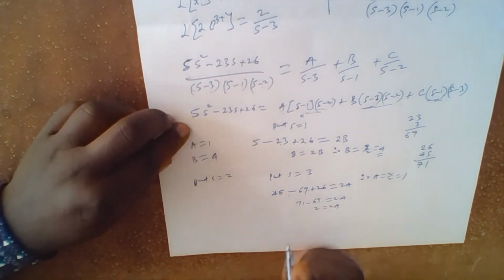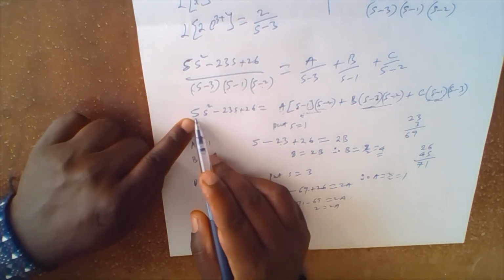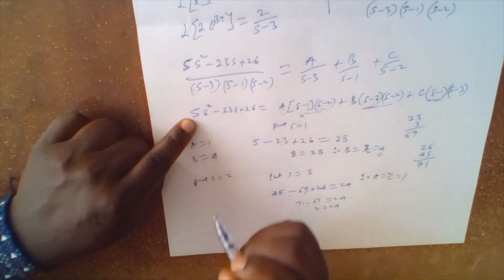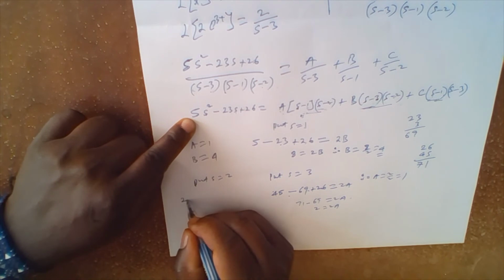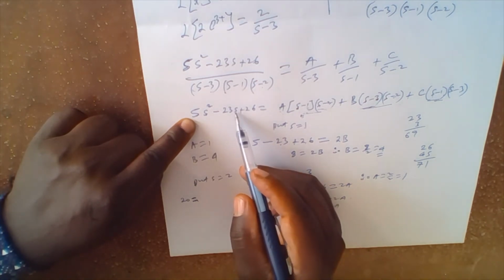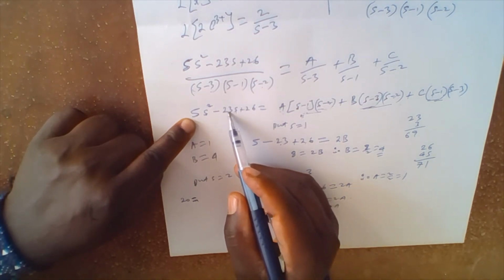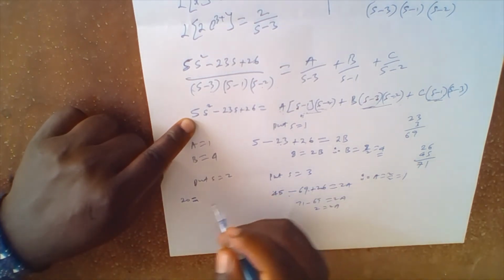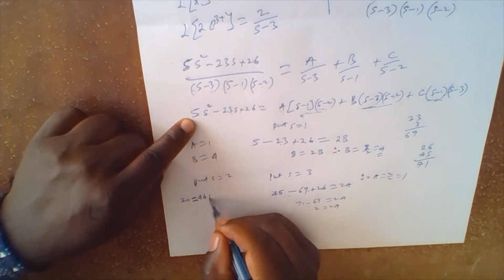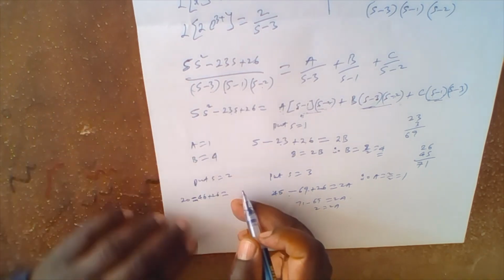So if I put s equals 2 here, 2 squared is 4, times 5, I have 20. Then minus, this is 2 times negative 23, I have negative 46, plus 26 equals,